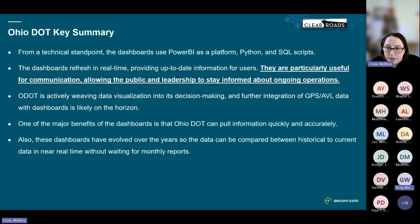From a technical standpoint, ODOT's utilizing Power BI, along with Python and SQL scripts to query and develop all of these dashboard reports. The dashboards are refreshed in real time, providing up-to-date information to the users. They are particularly useful for communication, allowing for the public and leadership to stay informed of what's going on. ODOT is actively weaving data visualizations into decision-making and further investigating the AVL data with dashboards is another future enhancement